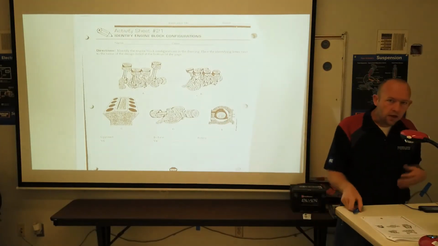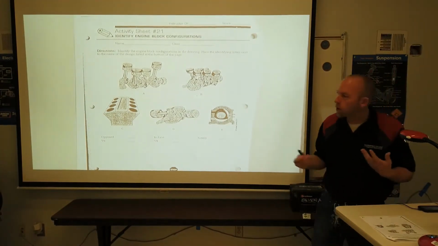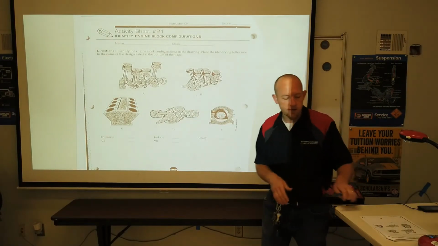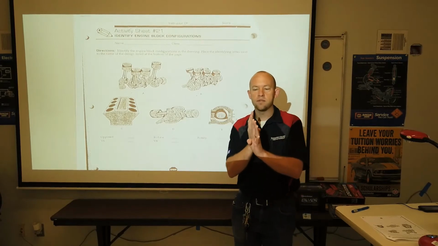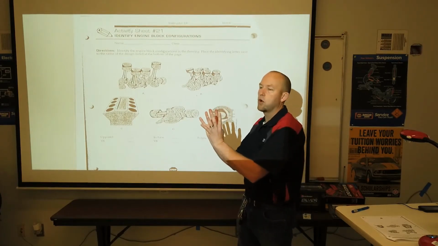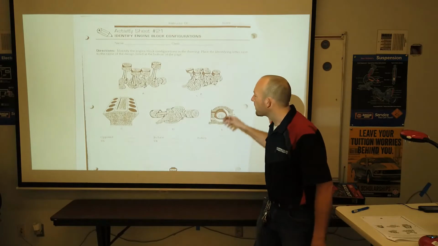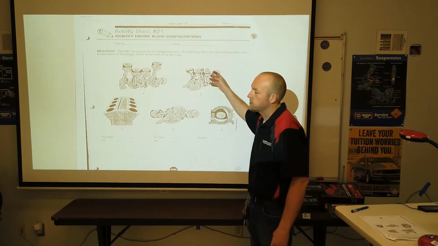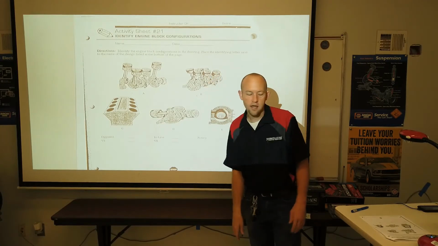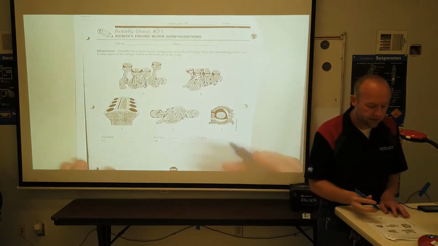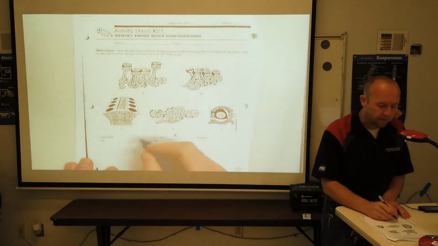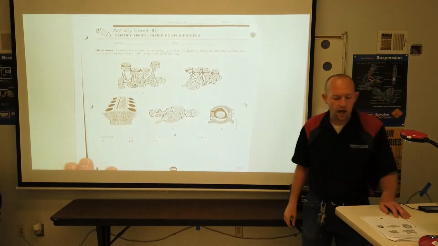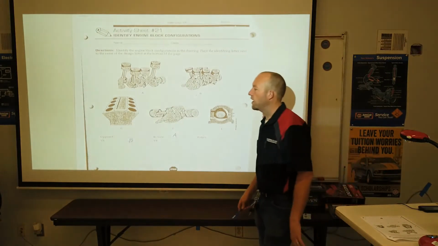So inline motors, early style of motor, and then somebody somewhere along the line said, well, why do we keep stacking them like this? Why don't we just go like this? And that produced what we would refer to as a V motor, or a V. This one is a V6 because it also has 6 pistons. And so our inline is A, our V6 is B, and then C is now a V8, and we can